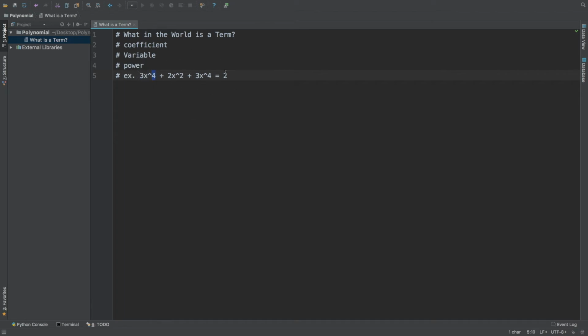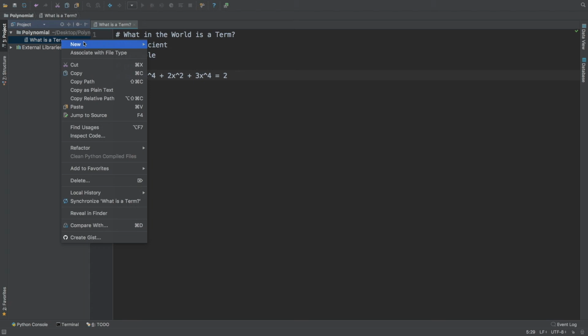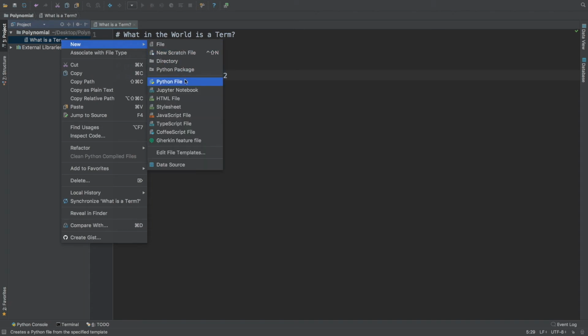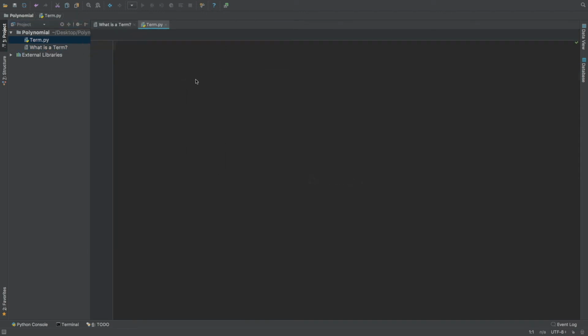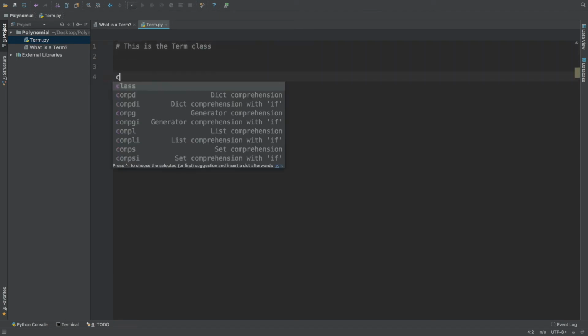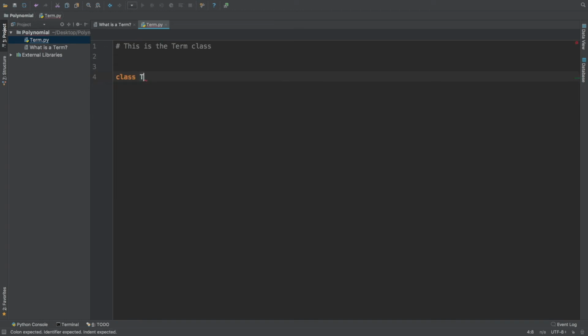So now that you have this in mind, let's go ahead and implement the term class. And guys, I promise you this term class is going to be the easiest class that you've ever created in your entire life. So let's name it term, press enter, and type in this is the term class, and give yourself a little bit of space and type in class Term,